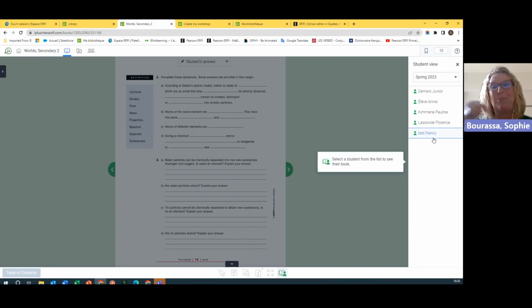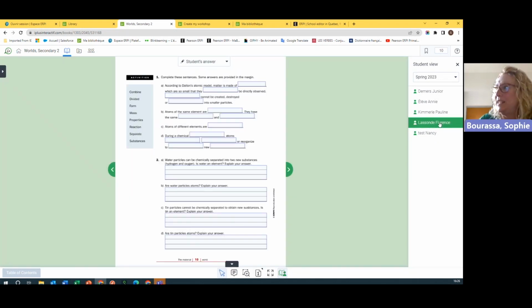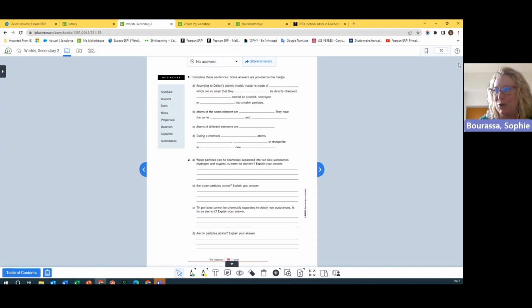And that student is completing his work in his workbook, and you need to go validate that and maybe help them with their correction. Well, you can certainly access their workbook, and you'll see green. The background is green. That means I'm in Florence Lassonde's workbook right now, and I would see answers that she would have written in her workbook. So an easy way to have access to your students' workbook if you ever have students that are working from home for some reason and can't make it in class. So when I close this menu here, I'm simply back into my teacher's copy. Okay? So now,